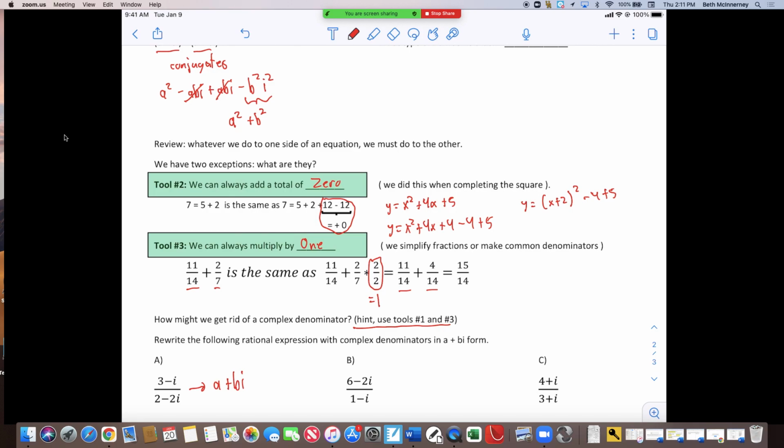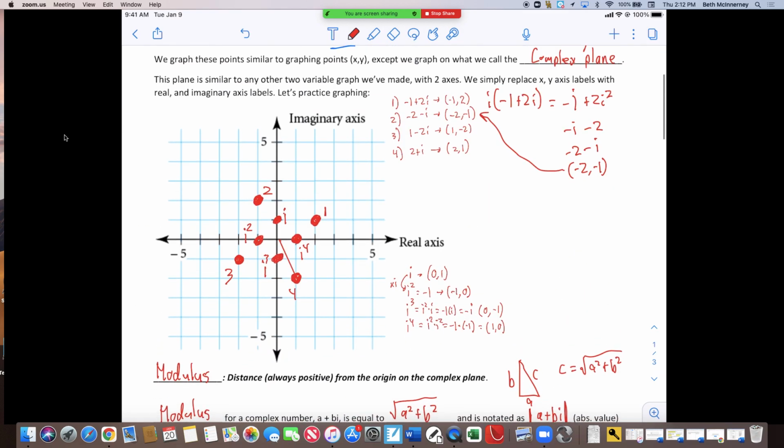So think about how you might get rid of i. Is anybody coming up with an idea at their table? Do you think it's working? What do you guys think back there? Any ideas? We can multiply by the conjugate, but you can't multiply by whatever you want, because otherwise you change the value. So we can multiply by one, right? So how can you make this